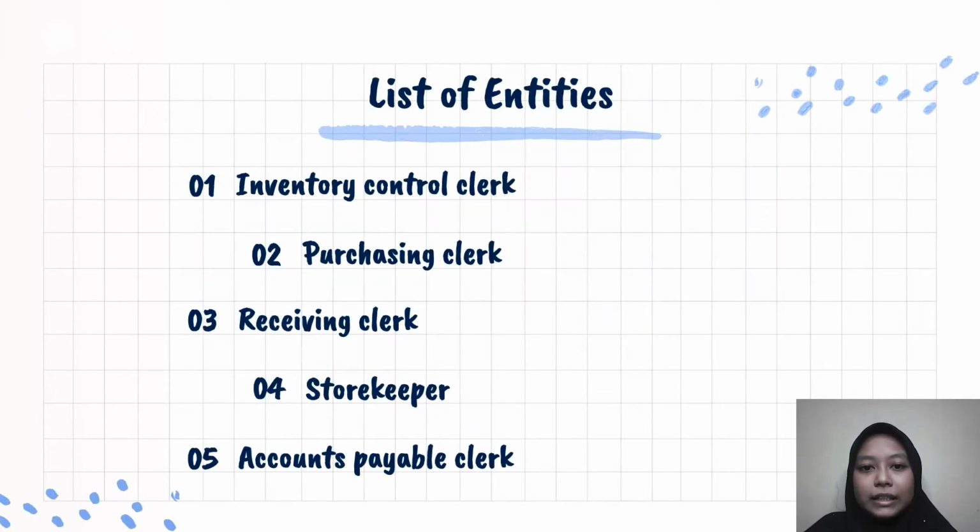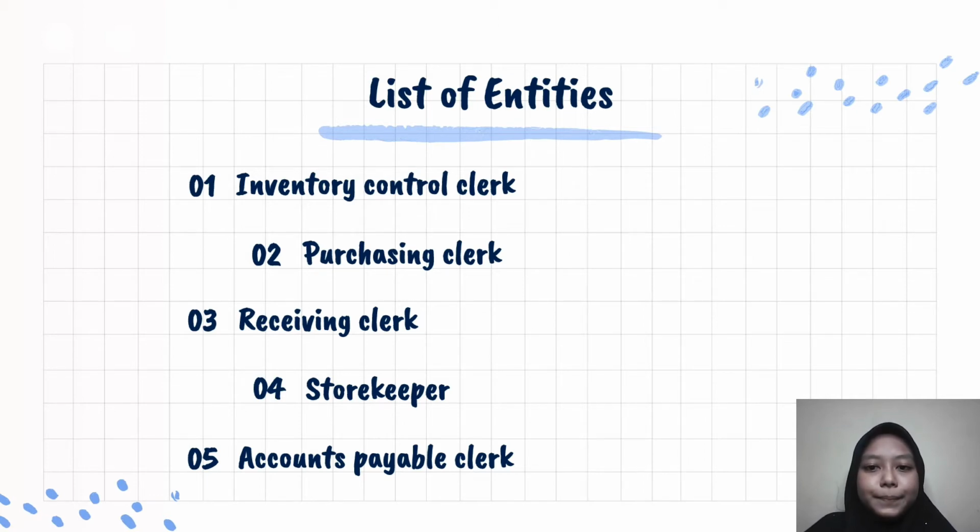There are 5 entities and 4 activities in the table of entities and activities in Sampin and Songkok Enterprise Purchase and Cash Disbursement System. First, inventory control clerk that handles the inventory stock. Second, purchasing clerk that handles purchasing inventory. Third, receiving clerk that handles receiving inventory. Then storekeeper that handles shelving the inventory, and last, account payable clerk that handles liabilities and payment to